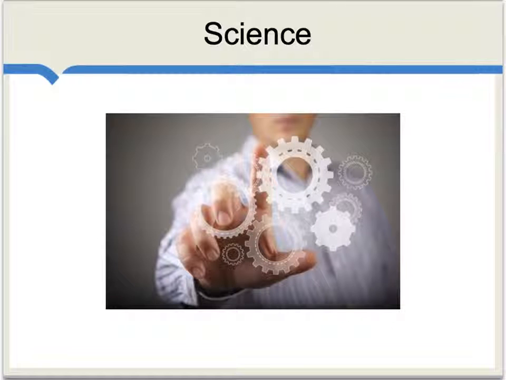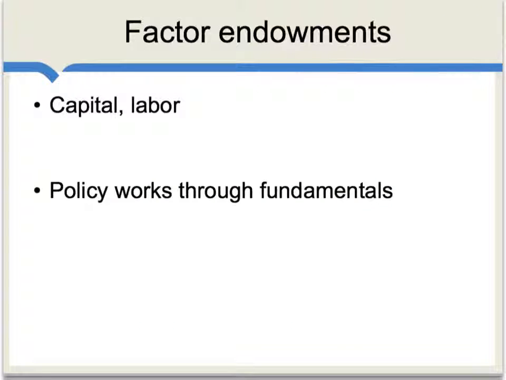Both theories, of course, have some applicability, and we care about the relative weight of each theory simply as a matter of pure science. But we also care about it because it helps shape some of our broader views of the world. For instance, to the extent that we believe factor endowment approaches are relevant, we will start to analyze the future prospects of countries by looking at, say, their capital and their labor endowments, and in general we will tend to believe that policy works through fundamentals. What's going to matter is what real resources a country can actually bring to the table.